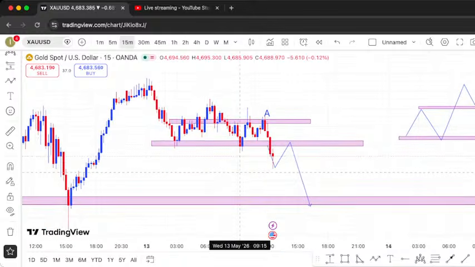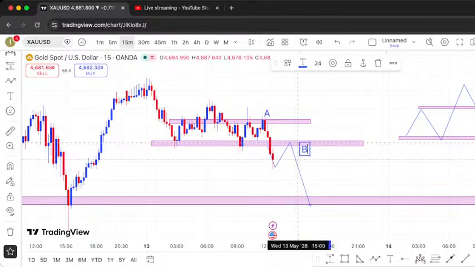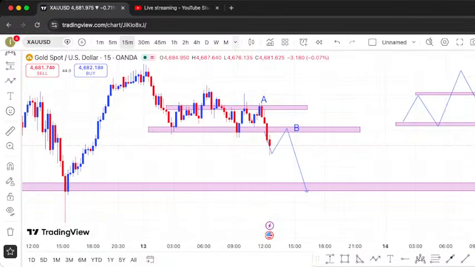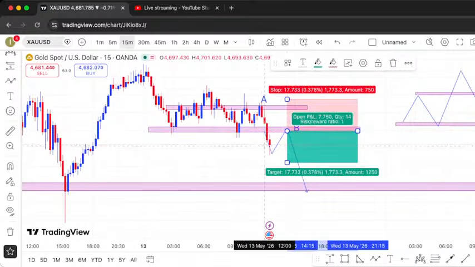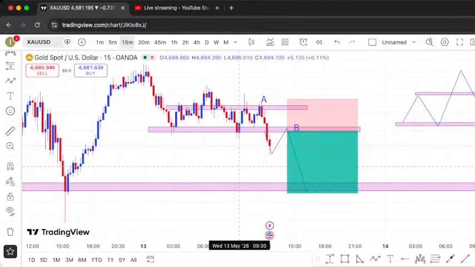Very nice. So my view now on gold, I'll be waiting for a pullback to point B so that you can sell that market there. So our area of interest will be point B, for a short position, because we already have a short. This is a neckline. So point B now will be our area of interest for a sell, at least targeting the recent low, which will be this low here. Should be that level, point B.